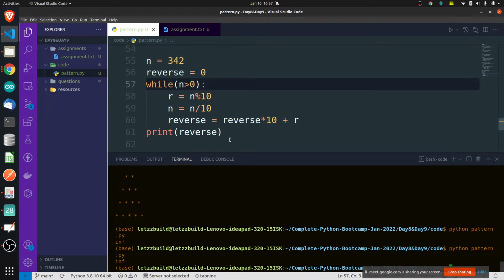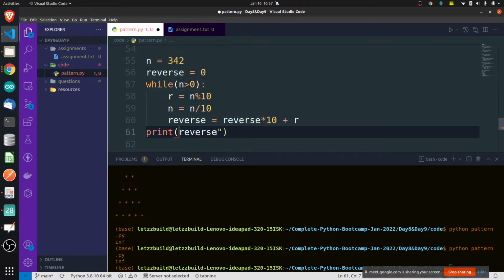Pattern print reverse. Why is it not printing anything? Reverse is equal to 0, it should be in while.